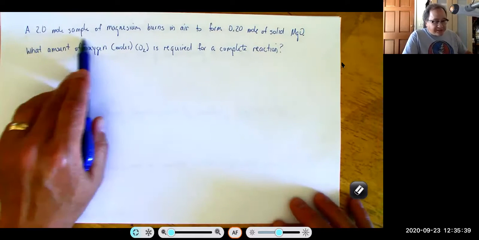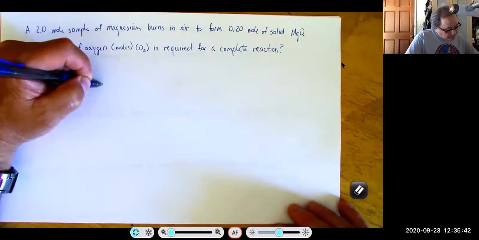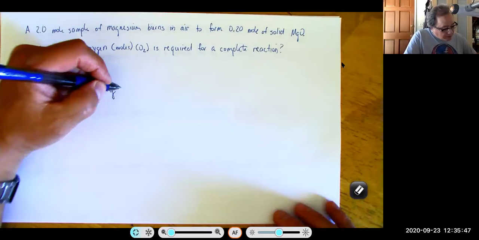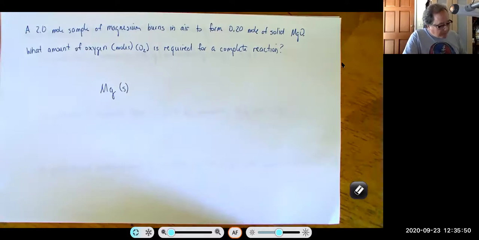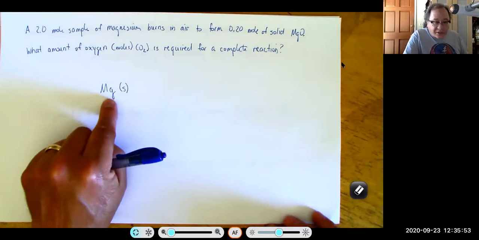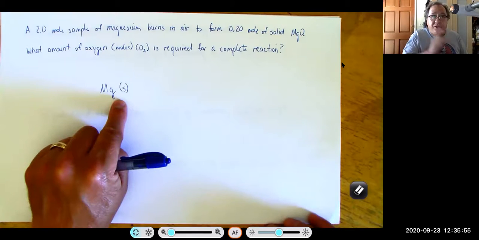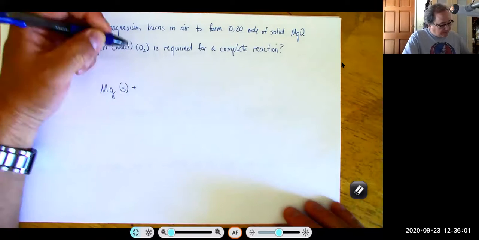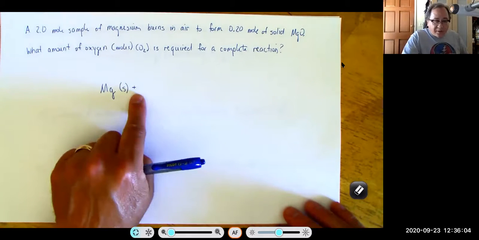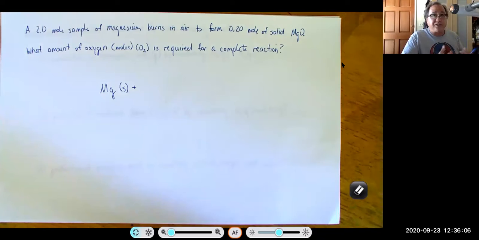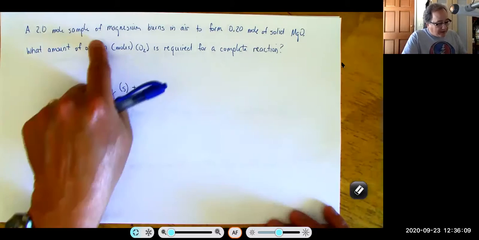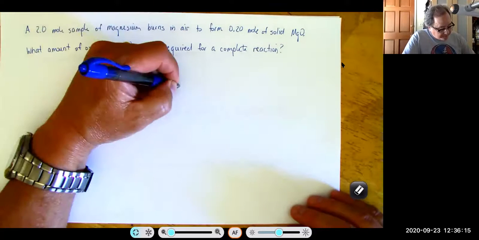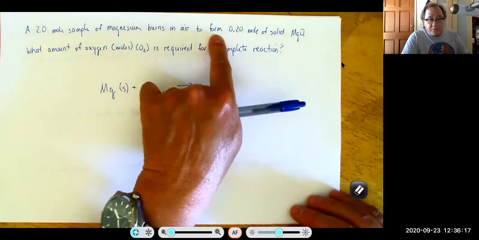A sample of magnesium. So we're going to write magnesium. Because it's a metal, we know it's a solid at room temp. And because it's not a diatomic element, there's going to be no subscript behind it. It's 1. Now, actually, I put that in there because I know what it reacts with, but we should really read the question carefully. Burns in air. Okay, so that probably means it reacts with something in air. To form, which is like produce,